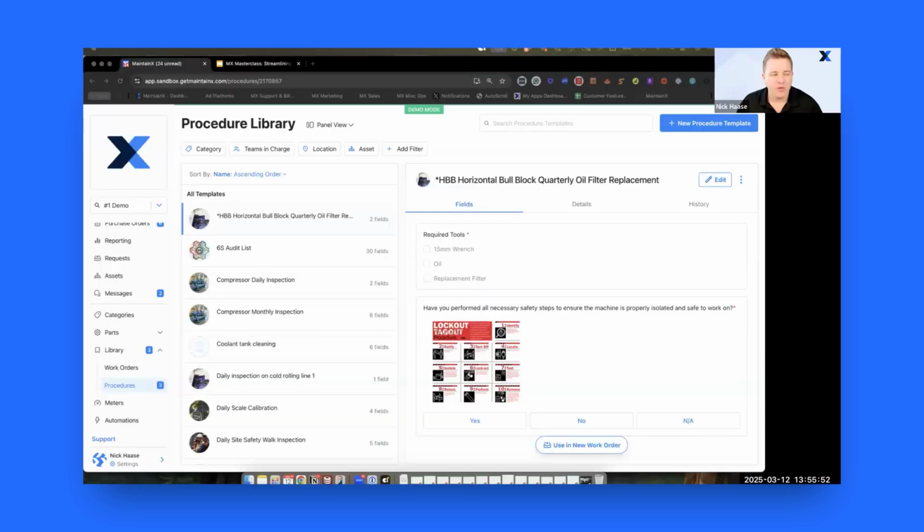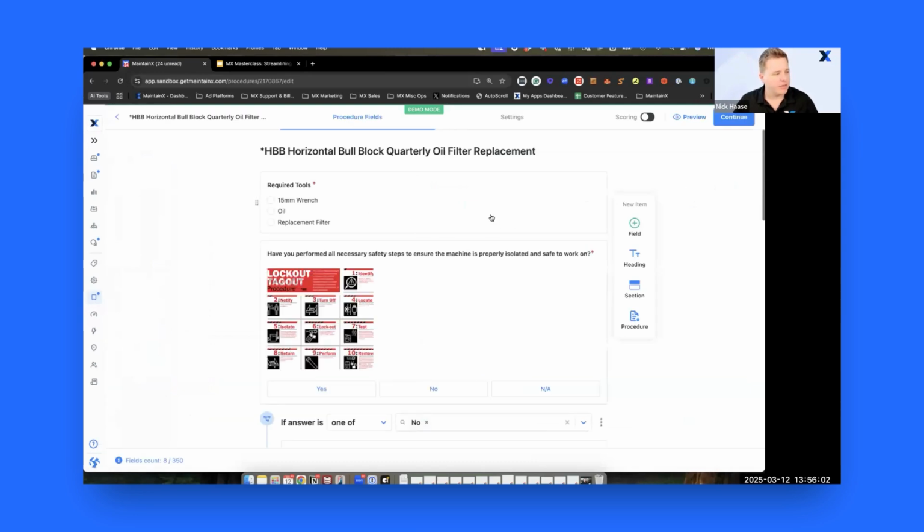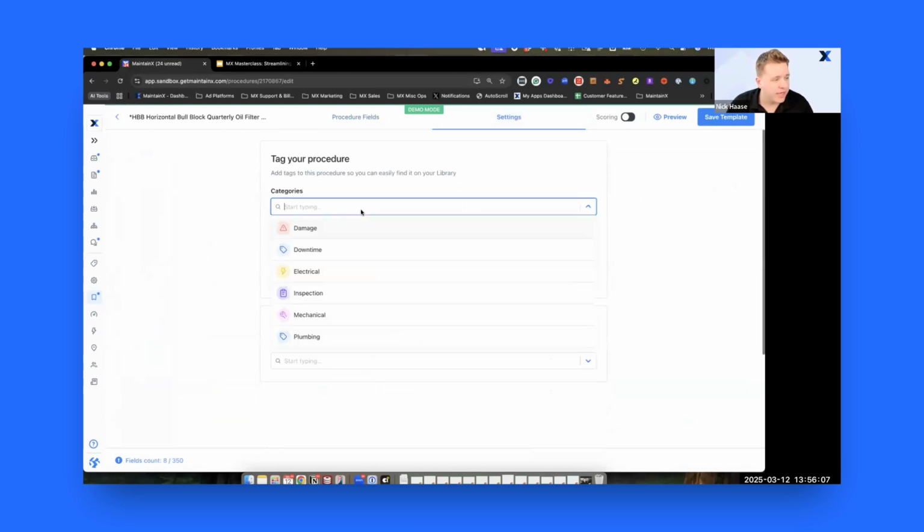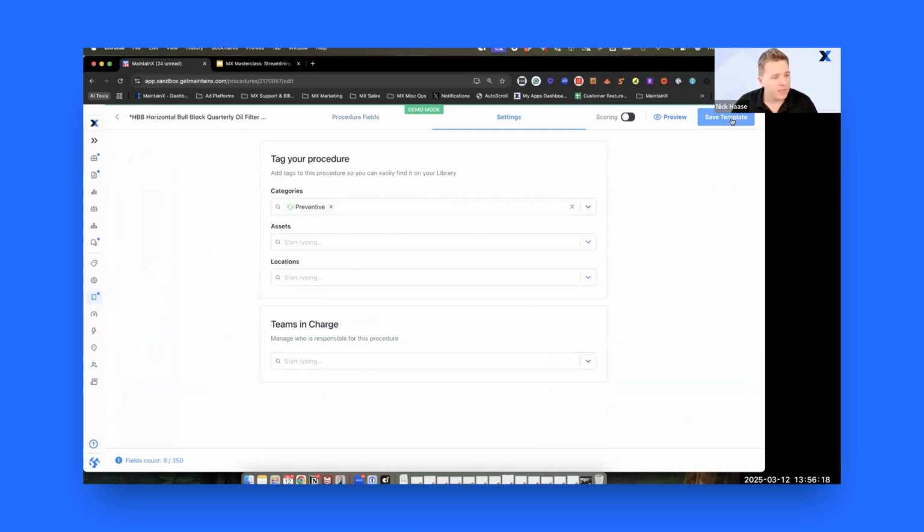Definitely. I saw a comment around procedures versus checklists and the names. I'll show folks a quick trick here. I know this isn't exactly what you're trying to solve, but within this report with this oil replacement, when you come in here to edit it, if y'all can see my screen, in the settings here I can put a category on it. I can say this is maybe a preventive type of work. I can even assign it specific assets. When I save that template,